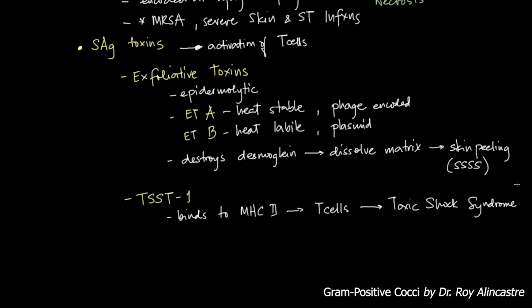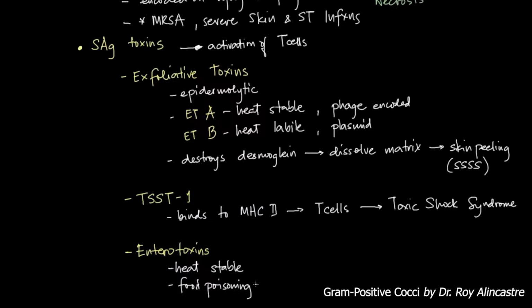And we also have the enterotoxins. These are heat stable and therefore they are not inactivated by brief cooking. They are also resistant to stomach acid and enzymes in the stomach and jejunum. So they are important causes of food poisoning,